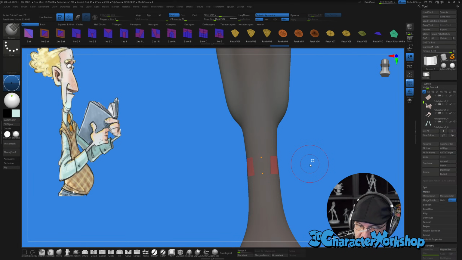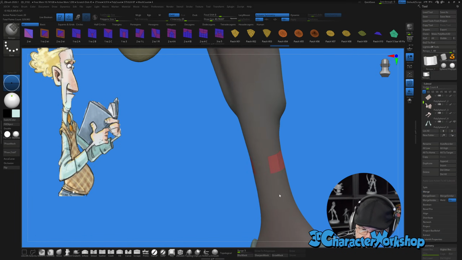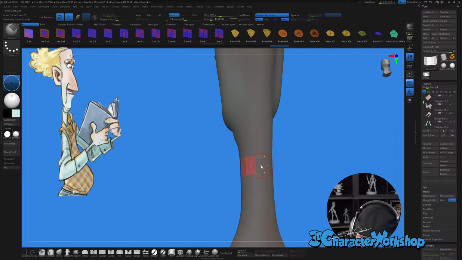But if you hold down spacebar like this, it turns into this other brush, this is a different one. And if you tap S, you can scale this one. And this one is like the quad, and it's not working. It's having some issues with this mesh. I don't know what's going on with it.